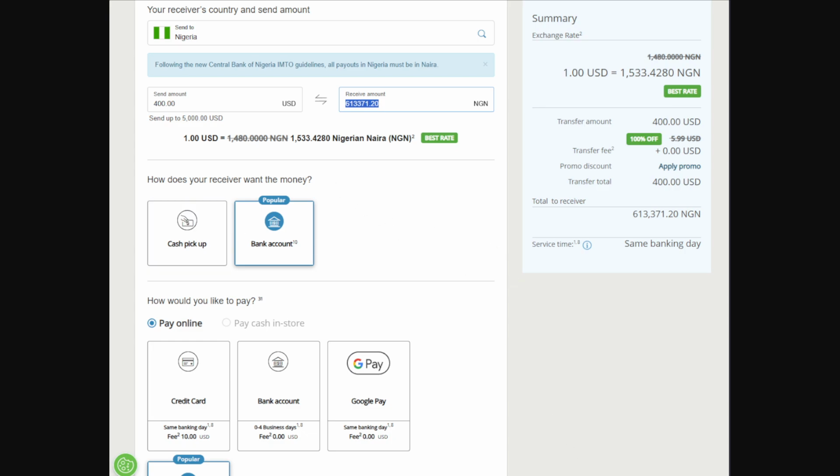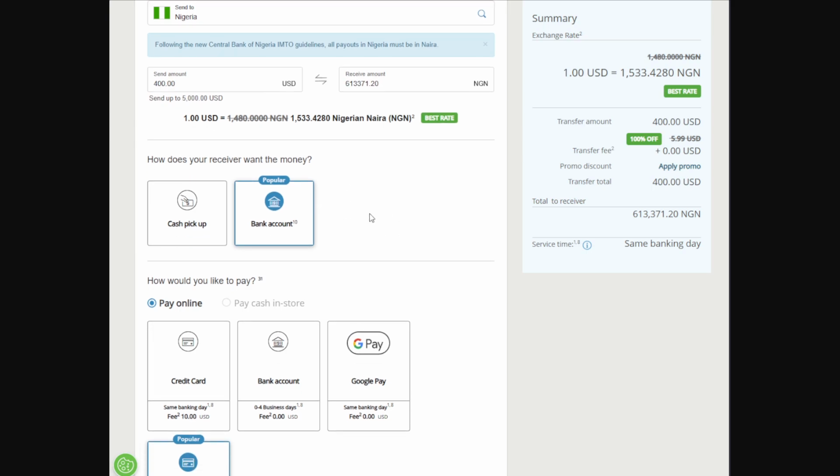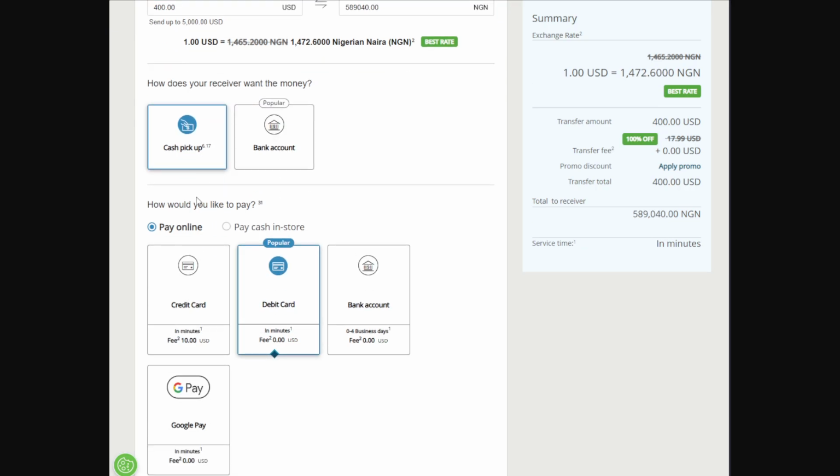Okay. This option allows you to receive the money simply by sending the account number to the person who is going to transfer it. Okay, it's really simple. Click this, use this option. If you're the sender, you need to ask the person in Nigeria for the account number. Okay, and this option is cash pickup.